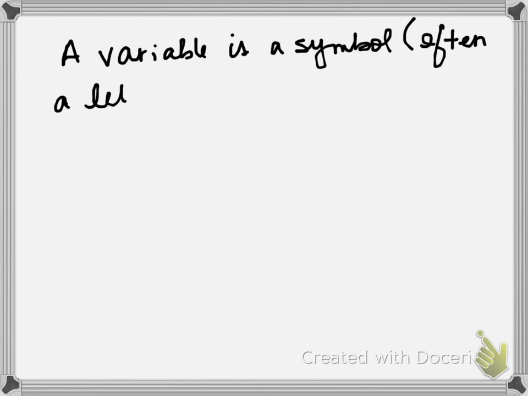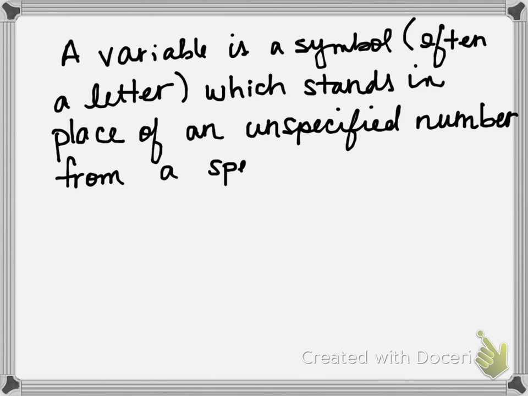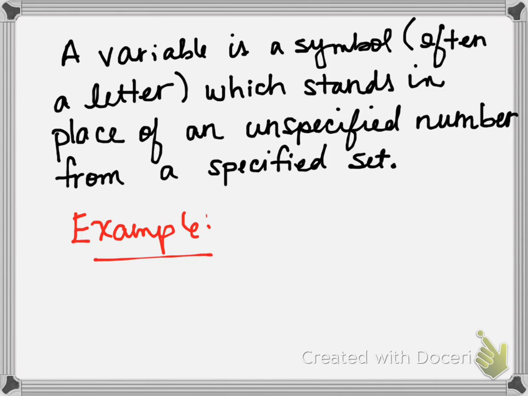So a variable is a symbol, which is often a letter, and it stands in place of an unspecified number from a specified set. So that sounds kind of funny because it sounds kind of convoluted, but mathematicians a lot of times are trying to find the most specific way that they could say something. So for example, we might say